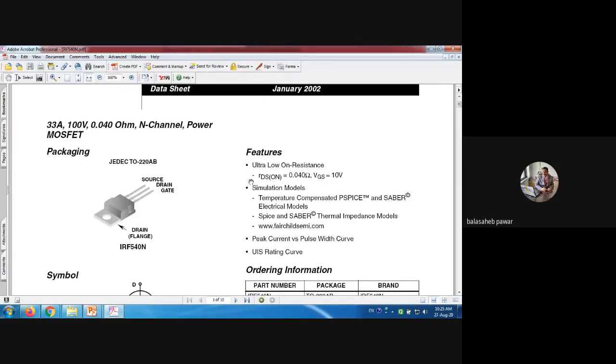RDS on is this low when you apply VGS equals 10 volts. See, reading the data sheet is also very important while designing your electronic system. Are you getting it? This first feature means, if the applied VGS to our MOSFET is, for example, 0 volt, if VGS equals 0, how much will this parameter, the drain to source resistance RDS, be? Can anyone answer?